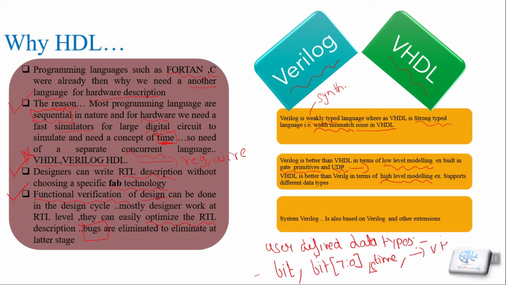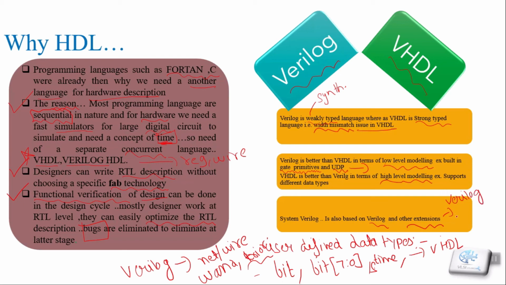On the other hand, Verilog can define only simple data types, it can't define user defined data types. The simple data types in Verilog are net, wire, supply wire and tri or. System Verilog is also based on Verilog, with some other extensions. So learning Verilog is quite easy as compared to learning VHDL. Because of the new features of VHDL, we have to write long lines of code, whereas the same code we can write in a more concise way in Verilog.